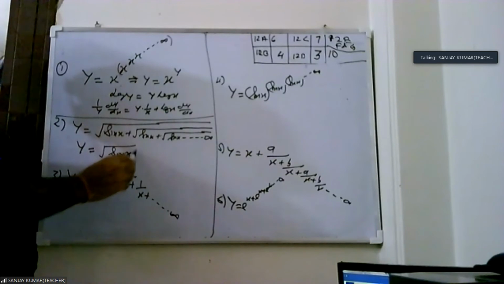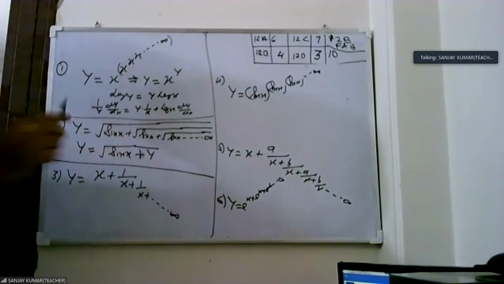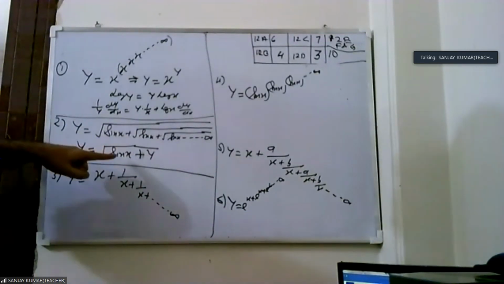Okay, now these questions are homework. I am not finding dy by dx for these. You have to find dy by dx yourself. We give you only one step. This is a hint: sin x is different, y is different.